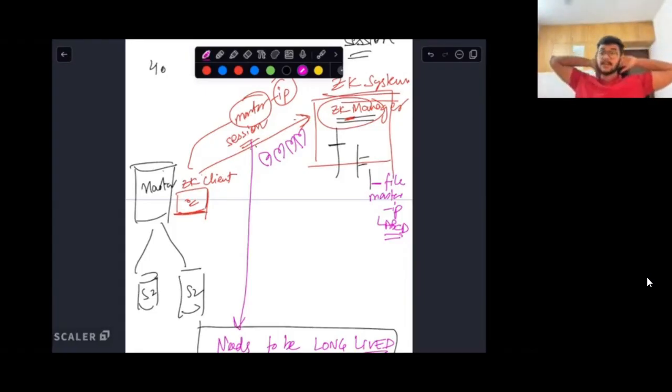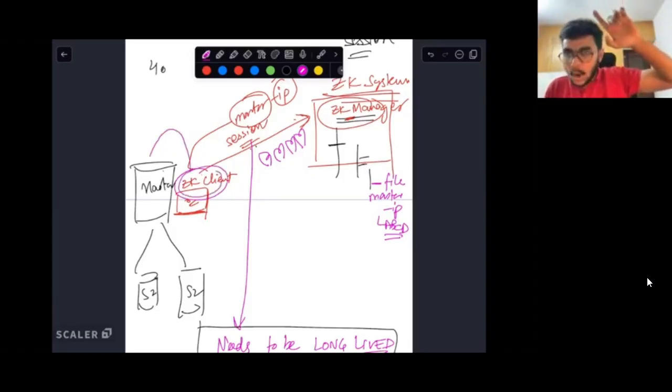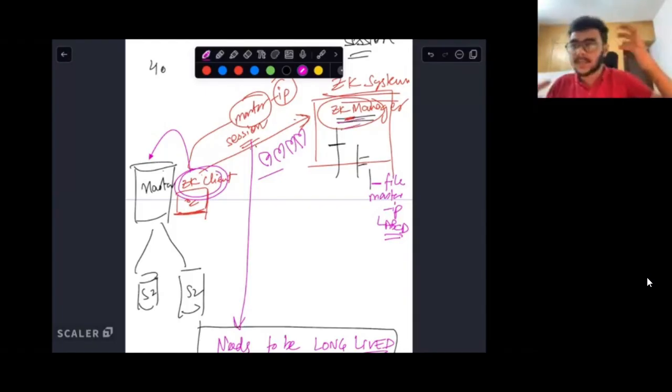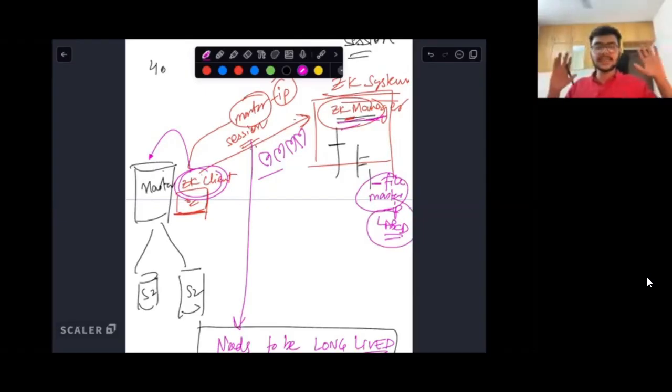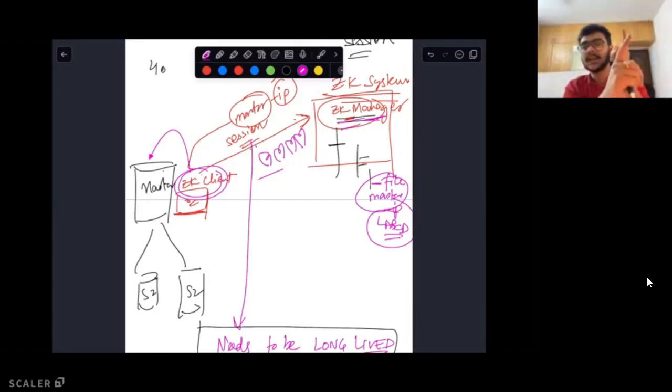Yes, Pranav. Yes, when the master goes down. Don't call it master, call it this way: when the Zookeeper client that is running along with your master is not able to send these heartbeats, the Zookeeper manager will see, oh, there's no request that should have actually landed within this threshold, and hence the Zookeeper manager will delete this master IP file. Is this clear to everyone, how the master IP file will get deleted if the Zookeeper client along with the master database is no longer able to send the heartbeat? Is this point clear to everyone in the class?